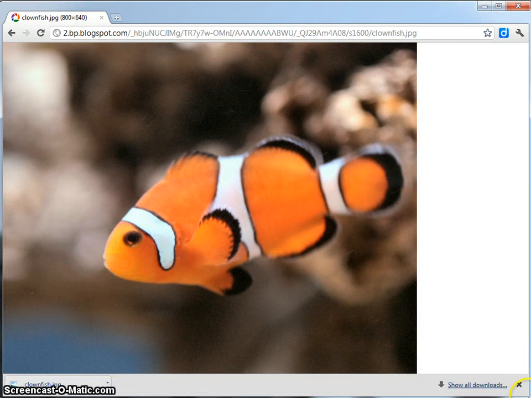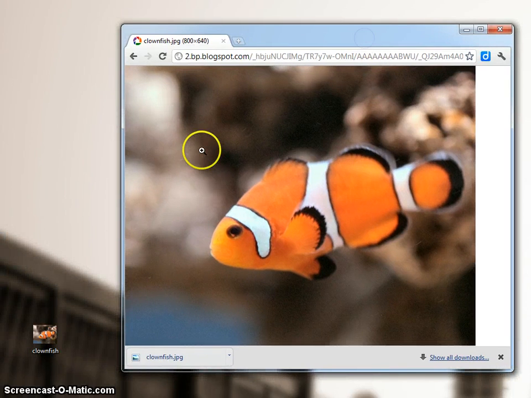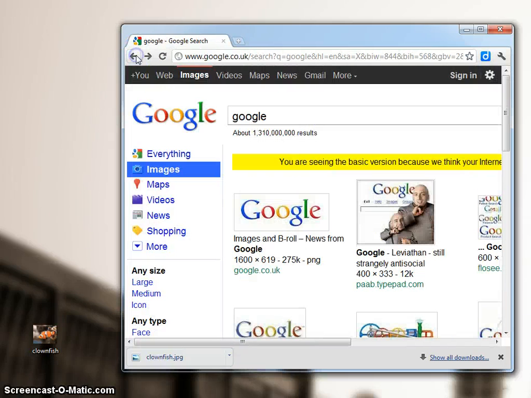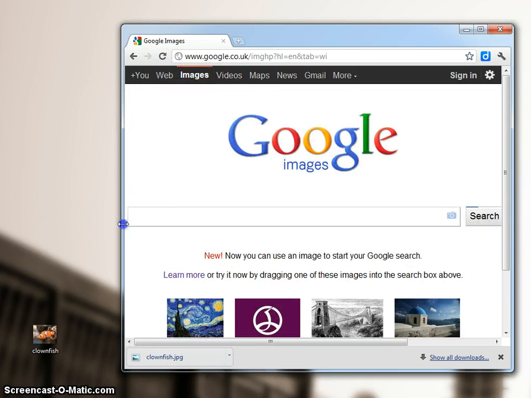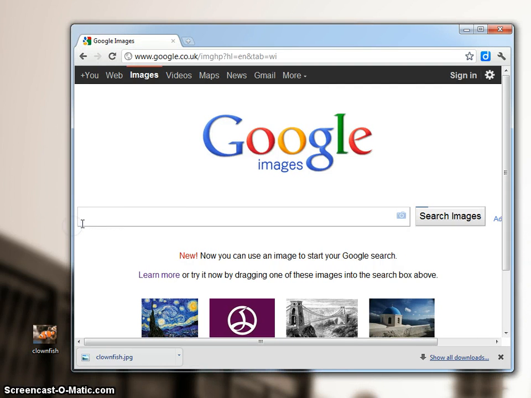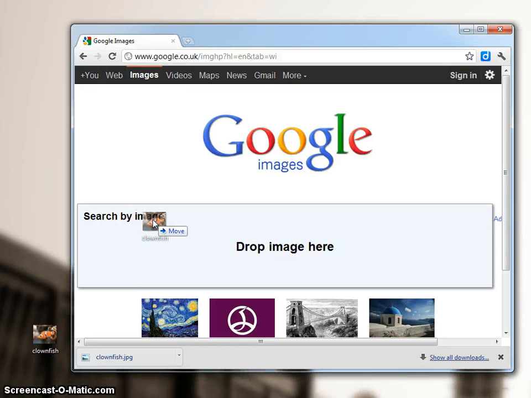Now what I want to show you, this cool new feature, is let's say for example I am doing a project on clownfish, just like you're going to be doing a project on your favourite celebrity or your favourite car. Now I have a picture of a clownfish on my desktop. I'm going to go back to Google Images like this, and what's really cool is that I can get this picture that's on my desktop, I can drag it into the search bar of Google Image Search,